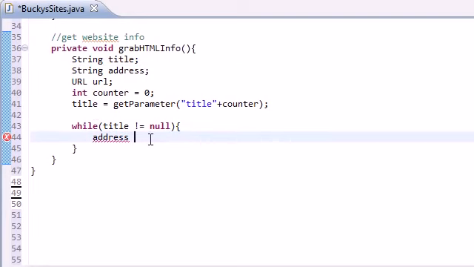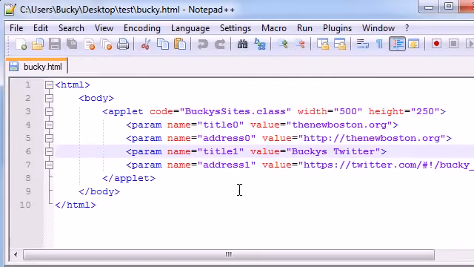So address equals get parameter address plus counter. So the very first time that this loops through, let's see what address 0 is. Since our counter is at 0 on the first loop, it's going to store the value of http thenewboston.org